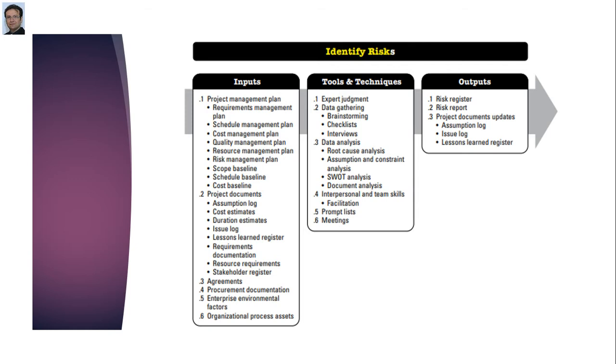Then you can have a meeting with everyone involved in your project, like stakeholders, customer, sponsor, and obviously you must involve your team members as well. This gives them ownership of the project. In tools and techniques, expert judgment and meetings are common to almost all processes of project management, along with data gathering, data analysis, and interpersonal and team skills, which are the key tools and techniques to identify your project risk. And in output we produce the risk register along with the risk report as well.